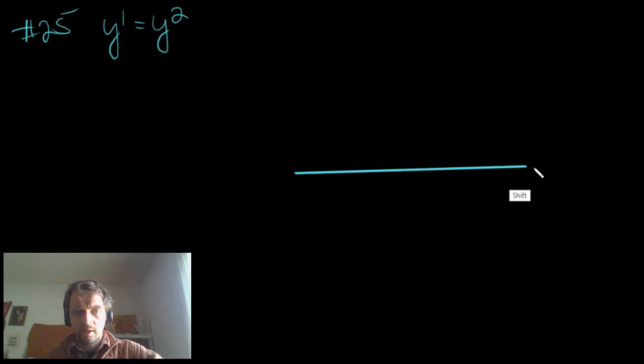Great, let's go ahead and look at, skipping a few ahead, problem 25. For problem 25, it asks us a couple of things, mostly about asymptotes. For number 25, our equation given is that y prime is equal to y squared. One thing that we're asked to do is base our arguments off of a direction field. So let's draw a direction field here. Now I'm going to draw my axes